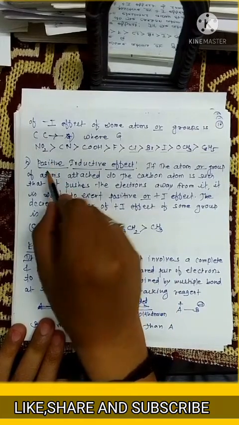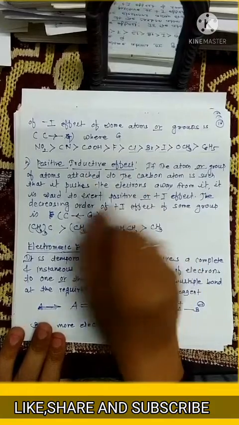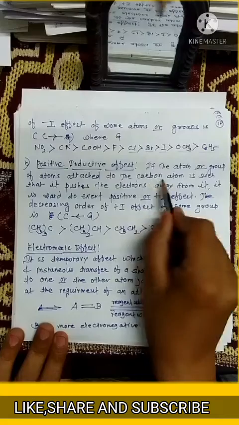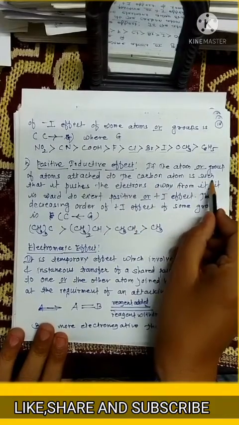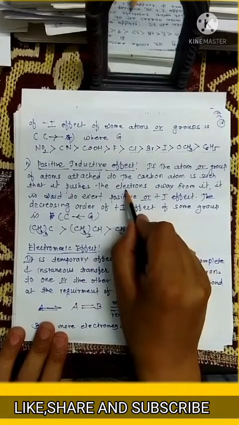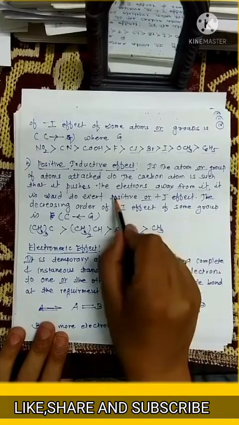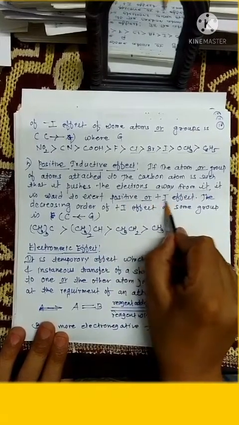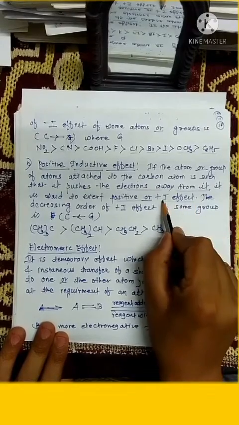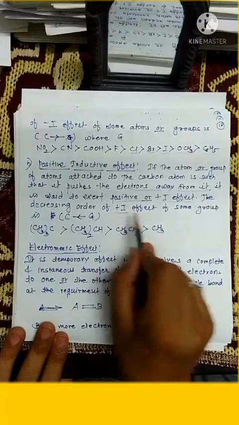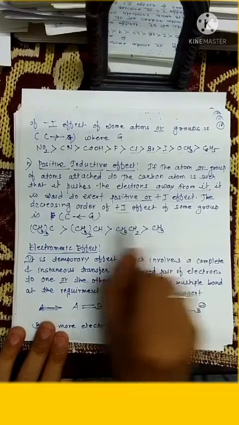Second type of inductive effect is positive inductive effect. If an atom or a group of atoms attached to the carbon atom is such that it pushes electrons away from it, it is said to exert positive or plus I effect. The decreasing order of plus I effect of some groups is,